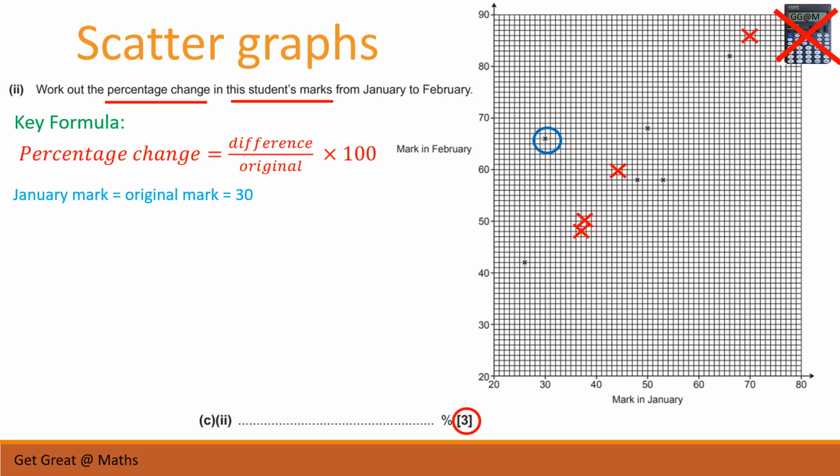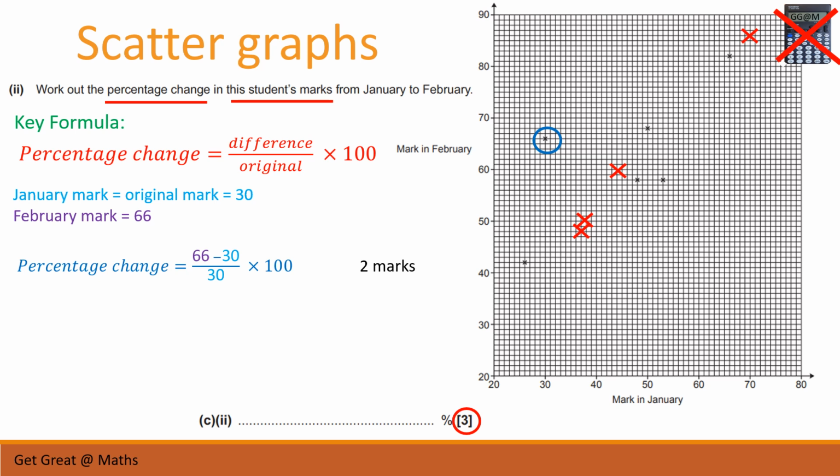Now the January mark was the original mark, which was 30, which is where this mark has come across from. The February mark is 66, which is how high it's gone up, and that's the new mark. So the difference is the 66 take away 30. Now if you do that 66 take away 30 divided by 30, which is the original, times by 100, that